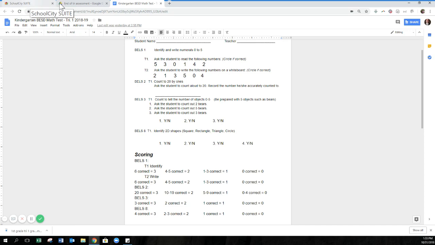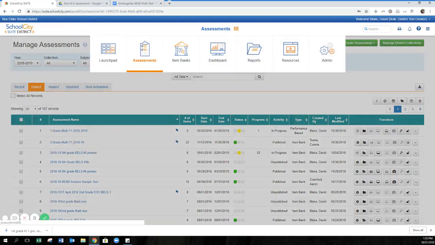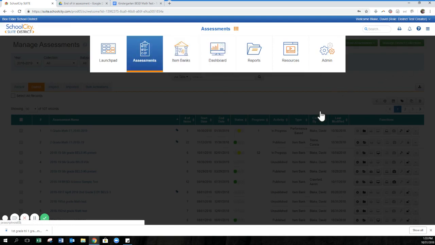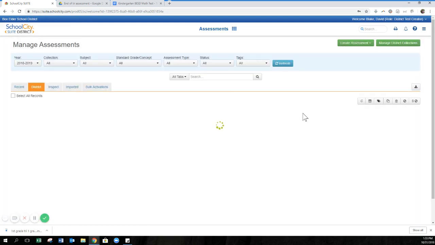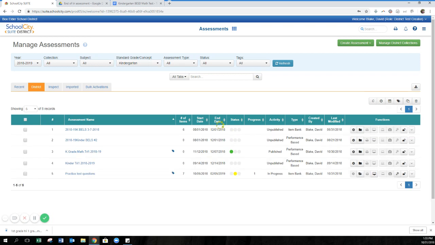When they do this, you will open up School City. When you are on School City, you will click on these buttons right here and you'll go to Assessments. All of the district assessments will generate here. You will find the one that says K. So one way you can do that is if you go to Grade, and we want to click all, I will deselect all of them and click Kindergarten and hit Refresh. Then you will see K Grade Math Try 1